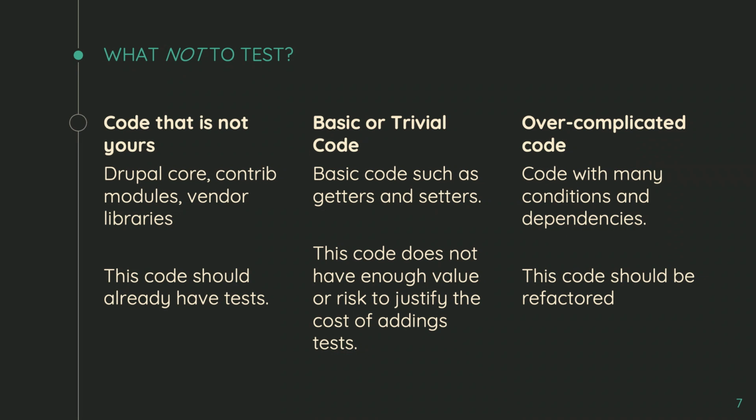One, don't write tests for code that's not yours. This could be like a Drupal contrib module, Drupal core, code that's in a vendor directory. Now, I know that might sound obvious, I'm not supposed to test that. But let's say you have your own function and you're using entity type manager. You're still mostly testing Drupal core there. That's also a trivial test, which I'll talk about second.